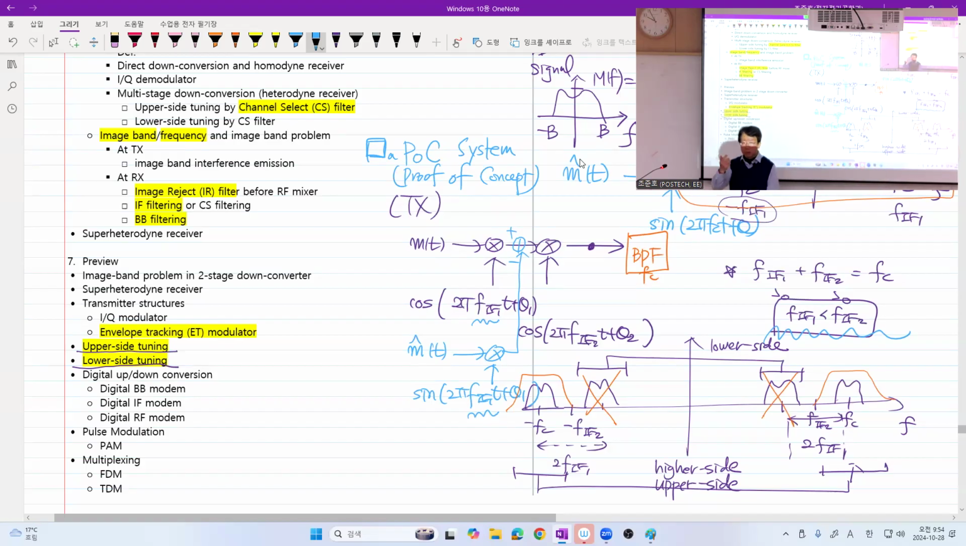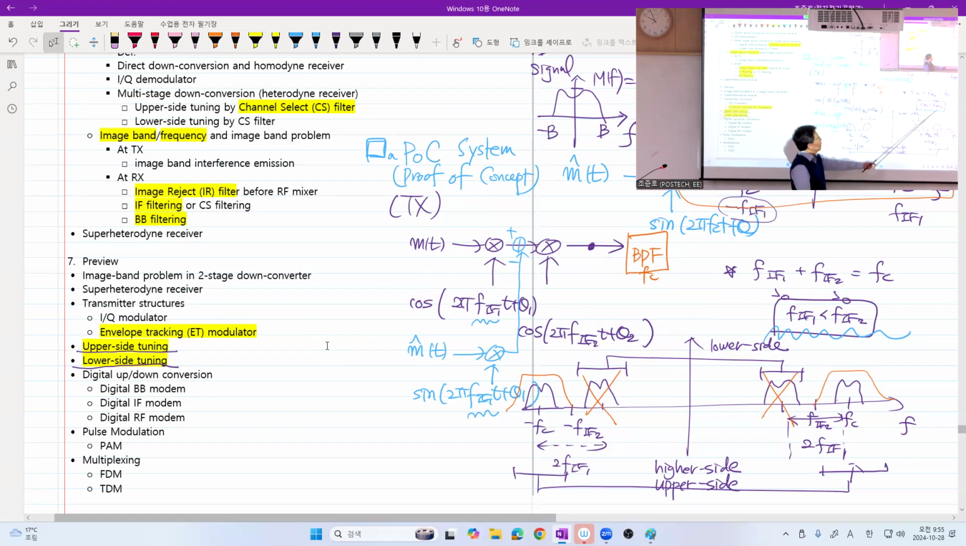We have to flip the sign of this adder, so plus something like that, for lower side tuning to generate the desired signal. I'm not going to ask you that part of the question because I believe it's too much for undergraduate. But let me tell you, upper side or high side tuning is not the only choice for you. Sometimes you need lower side tuning, which may contradict your concept